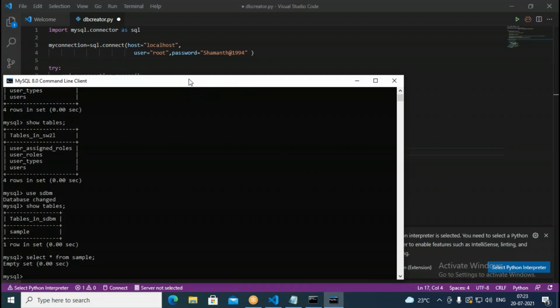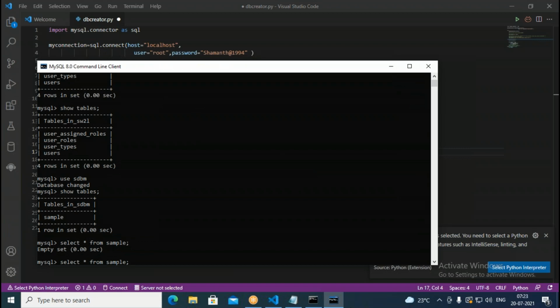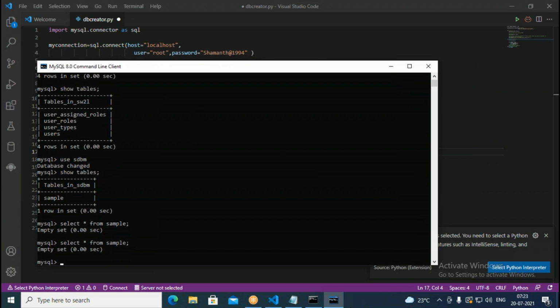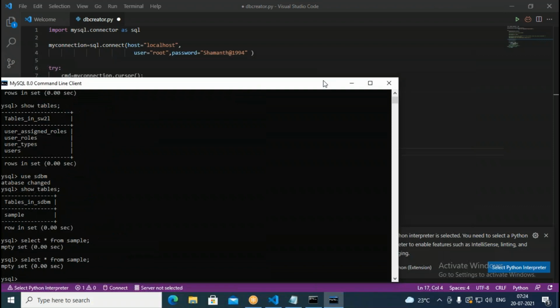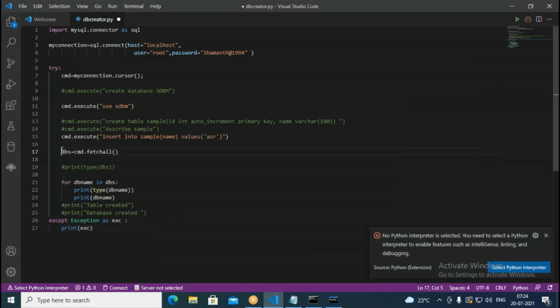Once again, let us execute this. It says empty set, no data available in that particular table. So we just comment this here. Fetch one or fetch all, even then it is not going to work like this. So what could be the reason? We have opened the database in that. When we open it, it should work straight away. There is a problem for us.